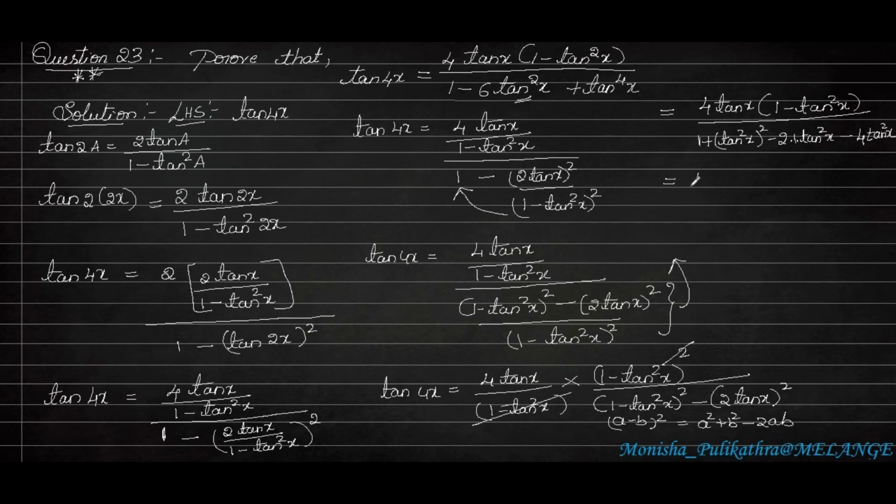Okay. So next numerator write as it is, because whatever we need to prove it has already came in the numerator. So don't alter it. So 4 tan x into 1 minus tan square x. So in the denominator 1 plus, so tan square x whole square is, this square will become to the power of 4 because it gets multiplied. The power gets multiplied. It will become tan 4x minus 2 into tan square x minus 4 tan square x. So 2 tan square x, 4 tan square x. Both are tan square x and have a numbers also. So write the numerator as it is.